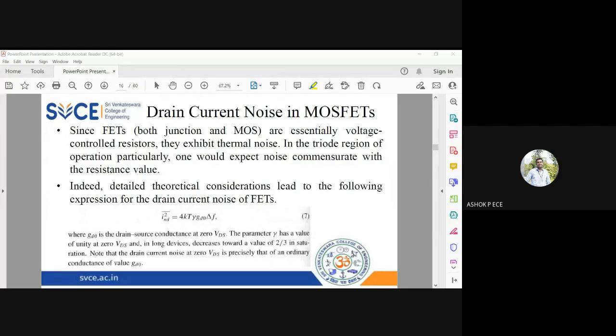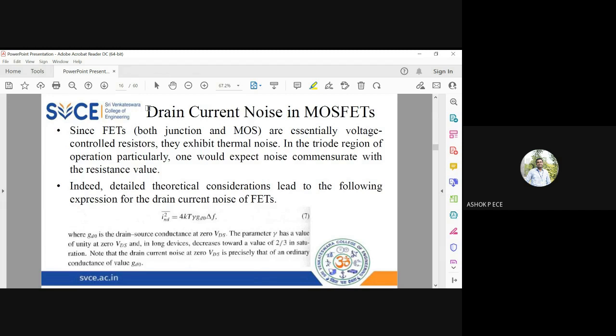Okay, we'll continue with our discussion. So we are going to practically see how thermal noise is present in the MOSFETs. We have modeled the thermal noise using an equation. We have found the RMS voltage and current, but practically how is this thermal noise available in the devices